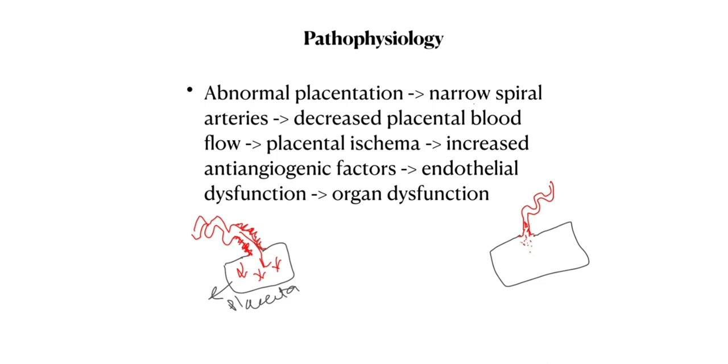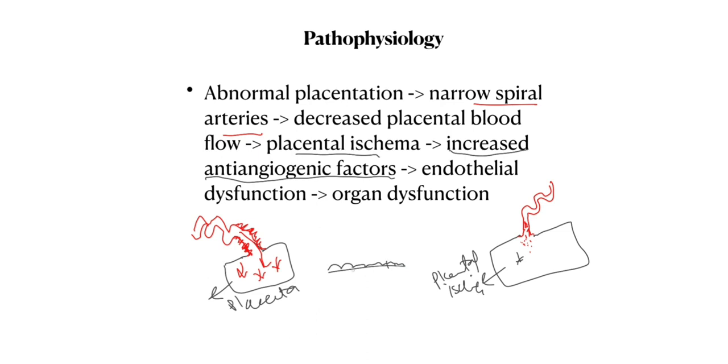That narrow spiral artery results in decreased flow towards the placenta, and that results in placental ischemia. Placental ischemia would then cause some reaction in the placenta and result in increased anti-angiogenic factor formation. And those factors can then lead to effects on the endothelium,